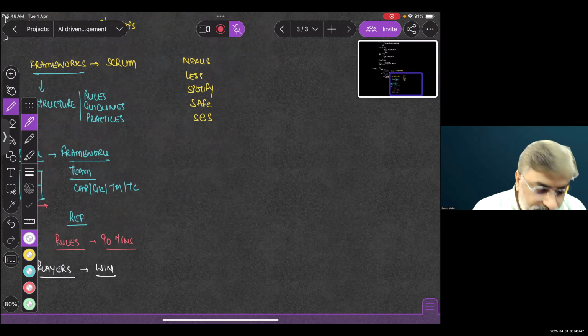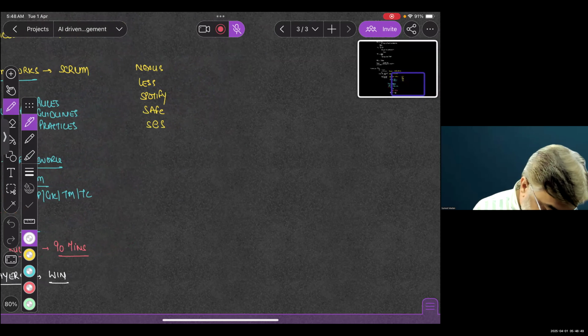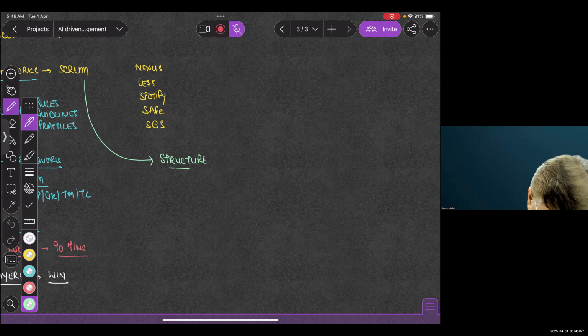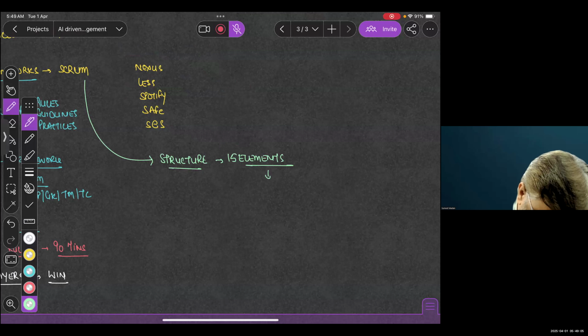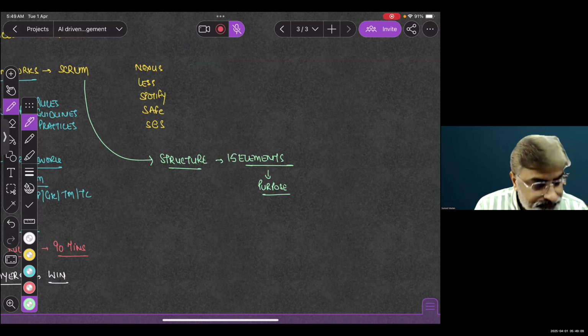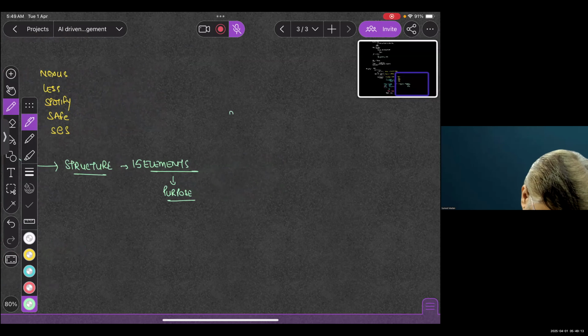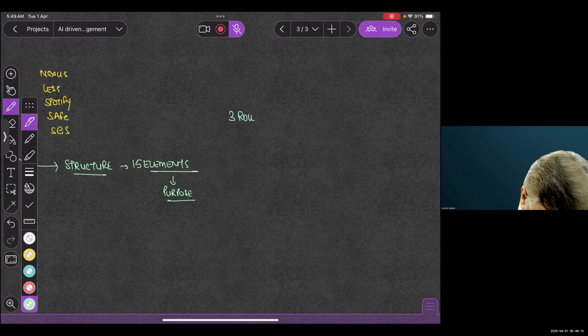Similarly, Scrum being a framework provides a structure which consists of 15 elements in total, and each of these elements serves a purpose in the framework. And these elements are 3 roles,